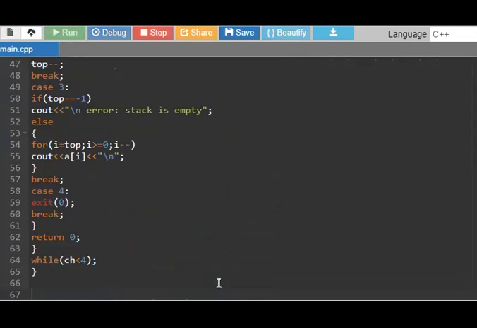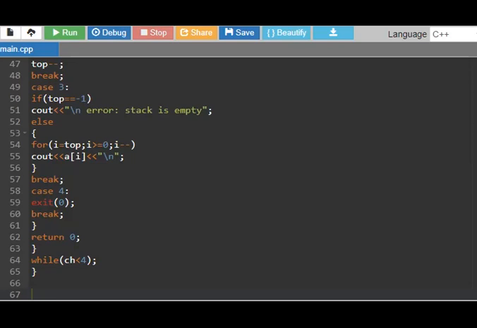The menu shows push, pop, display and exit, and the choice is entered. First, if I want to pop a value, meaning I enter 2, the stack is empty because we didn't input any value into the memory.